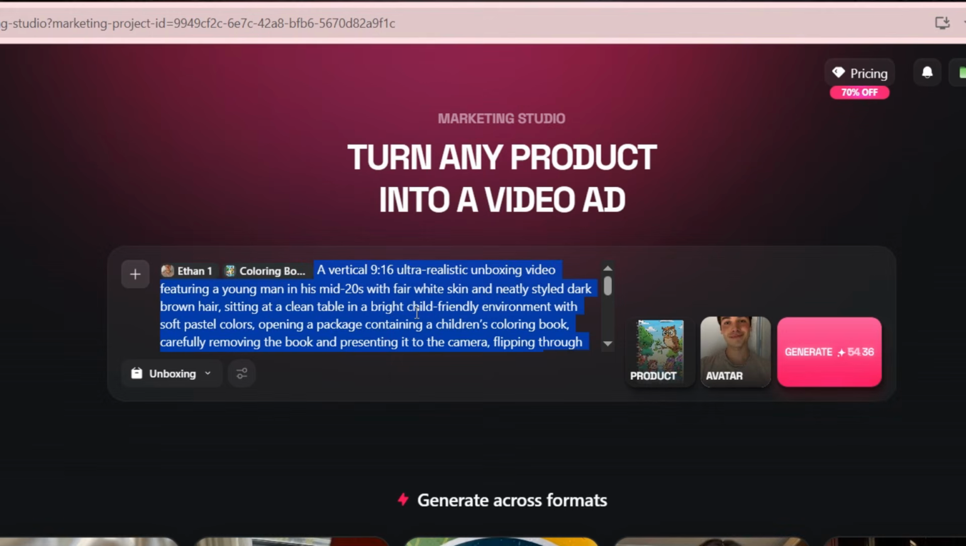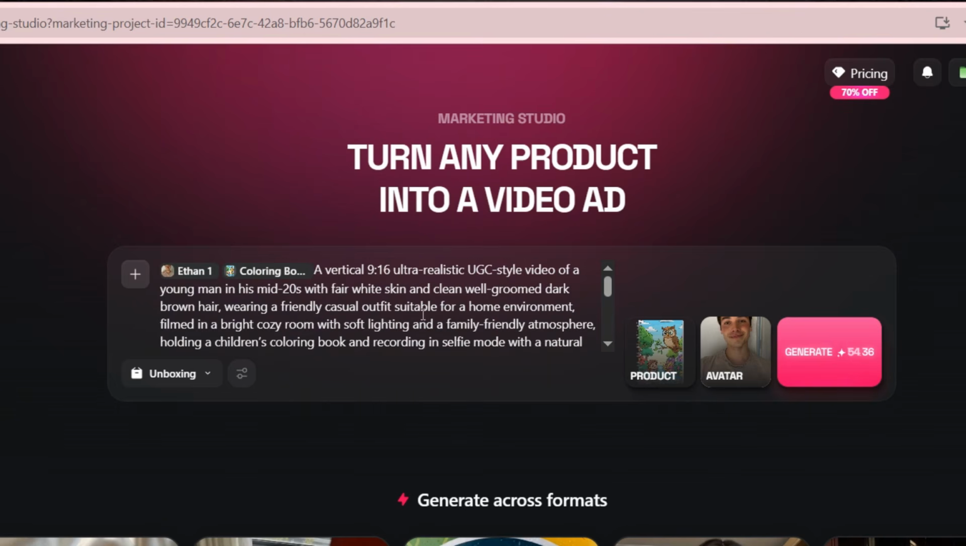And here's a very important note. Please, when you create an ad like this for your book, you must upload some of the interior pages of the book so the AI can show the correct pages inside your product. And what's even more impressive, if we go back and choose an unboxing ad instead of UGC for the same book and click Generate,